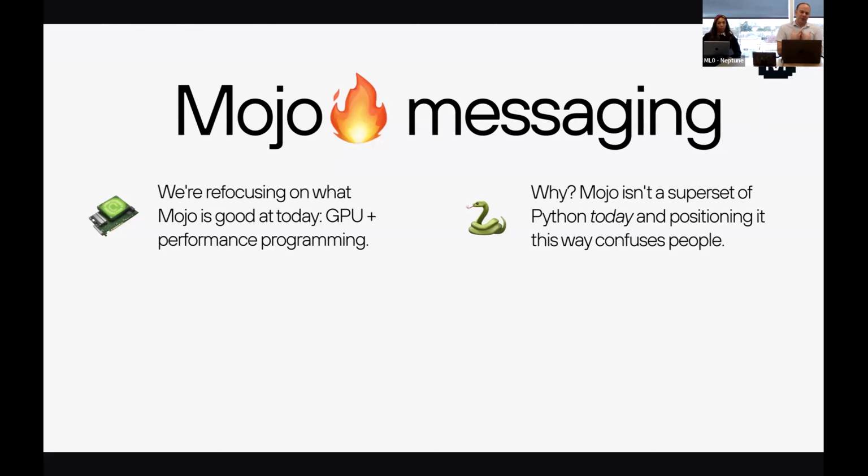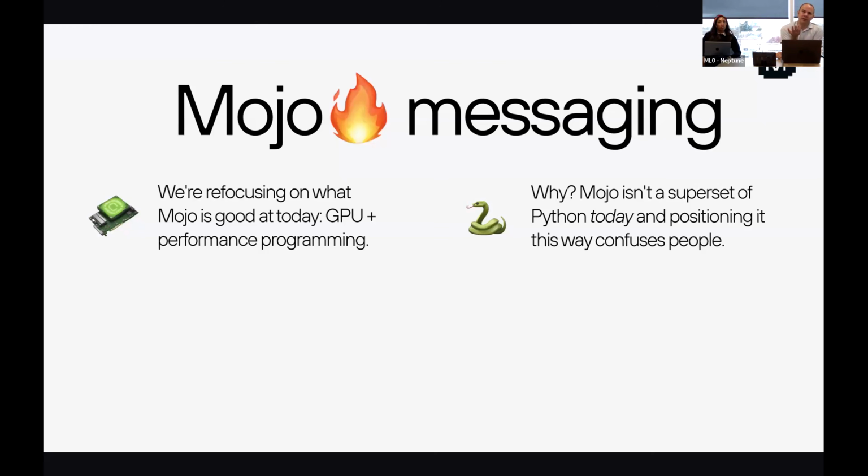I'm very vision forward. I can understand what a programming language looks like when it grows up, and it takes a couple of years to do this kind of thing. But I think the world isn't quite ready for that yet. We want people coming into the community that are excited about what Mojo can do today, not just about what it can do tomorrow. What it can do tomorrow can come tomorrow. That'd be also great. And so what we're doing is changing some of the outbound messaging on this